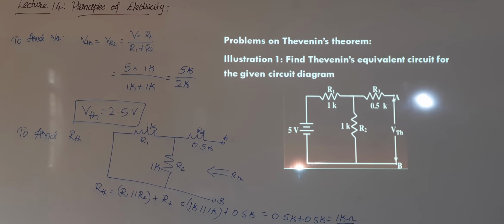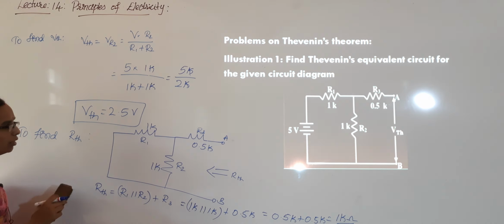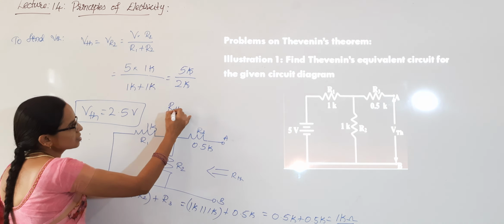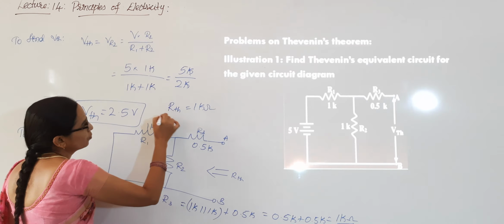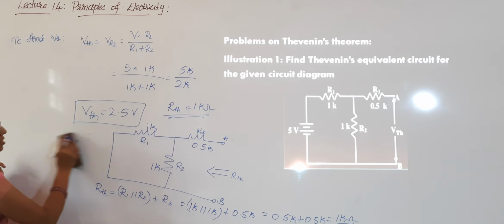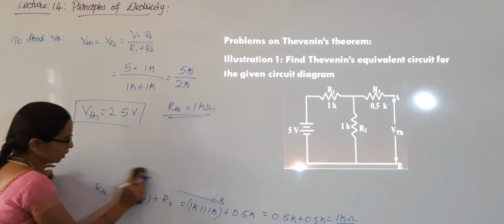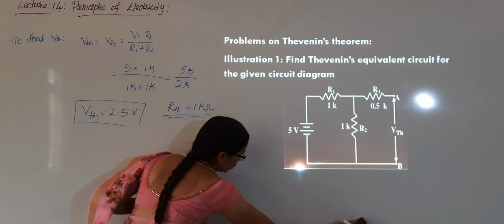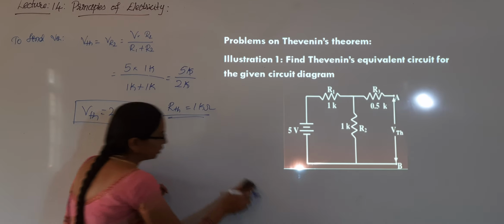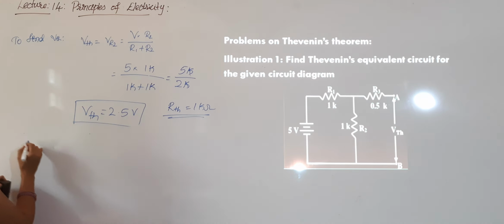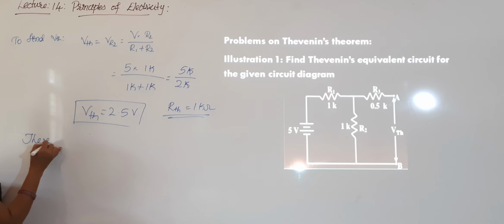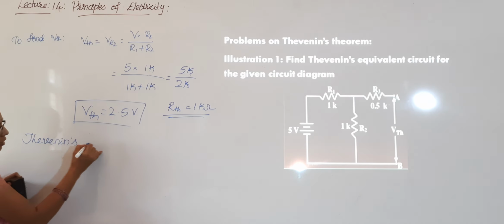So, we have got VTH as 2.5 volt and RTH as 1 kilo ohm. That is the effective resistance of the circuit by replacing the voltage source by the short circuit. Now, we will draw the Thevenin's equivalent circuit. Therefore, Thevenin's equivalent circuit will be